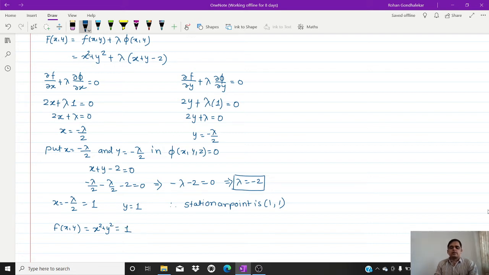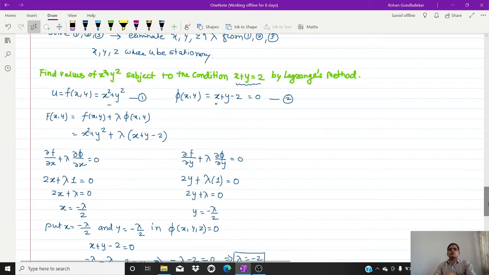2. Now just have a look at this particular problem. What they are saying: find the values of x square plus y square subject to the condition x plus y is equal to 2. Is it? So find the values means we have to decide whether there is a maxima or the minima. Which can be discussed based on the value which is obtained. So we can say there is a minima in this particular problem. Fine. Now we are coming to the next example based on the same topic.